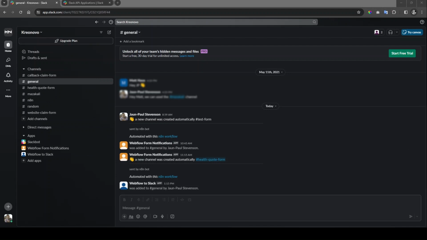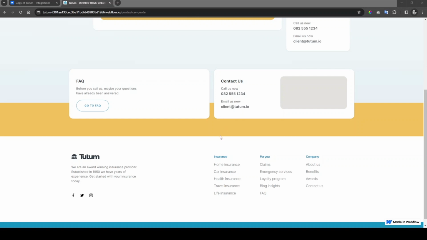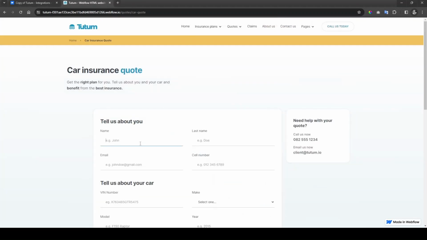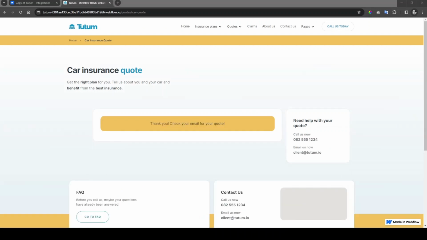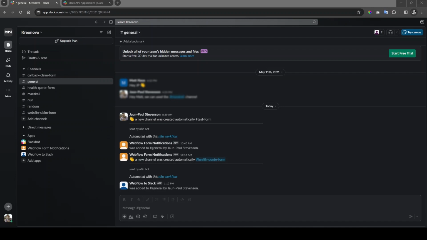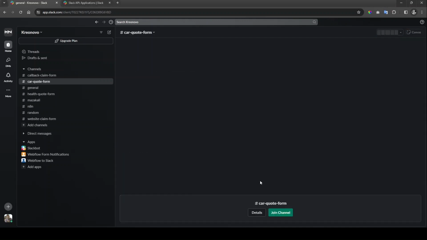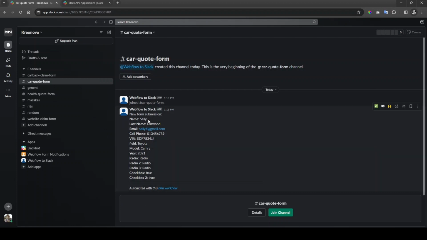We're going to go to our Webflow side. I'm going to just fill in the form again, but I'll skip ahead so you don't have to see the fill in again. Right, so I've submitted the form and I got a notification in Slack. If I head over to Slack again, then we can see that this bot now posted, a new channel was added, car quote form, and then we can go in here and this is the form I just submitted now, and everything is up and running and working again. There we go. That's how we can use this n8n workflow to better manage our Webflow form submissions for any